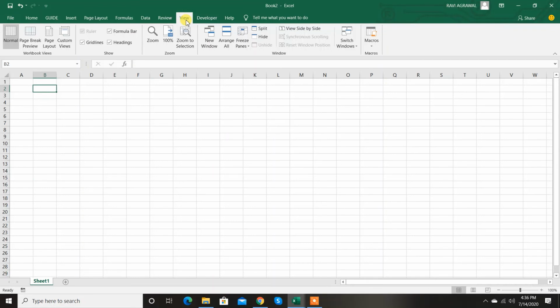The next menu is the view. On the view menu, you customize the way spreadsheets appear on your screen. Options include displaying grid lines between cells, toggling the formula bar and headings, and you can view multiple workbooks side by side. This menu also gives you the option to view and record macros, right? Macros let you record common steps you perform so you don't have to repeat the same things over and over again.